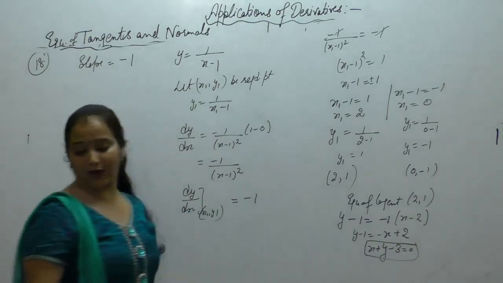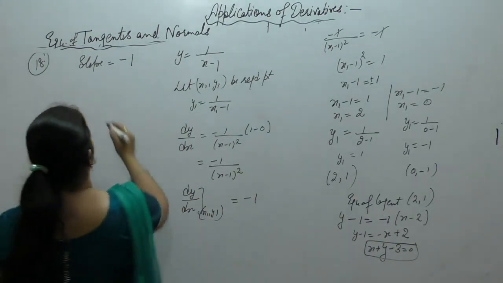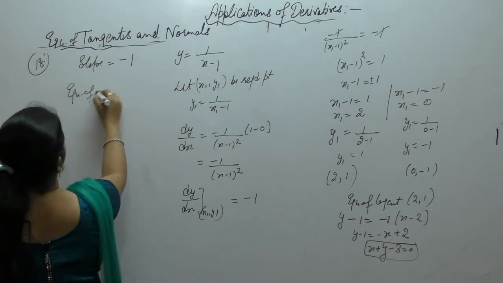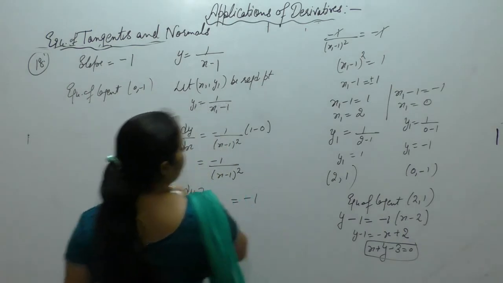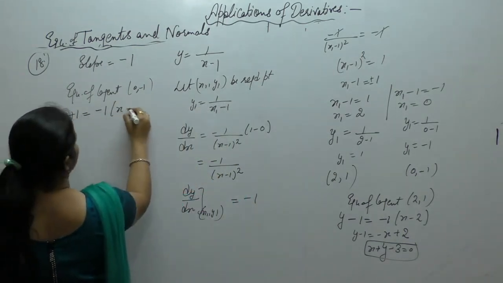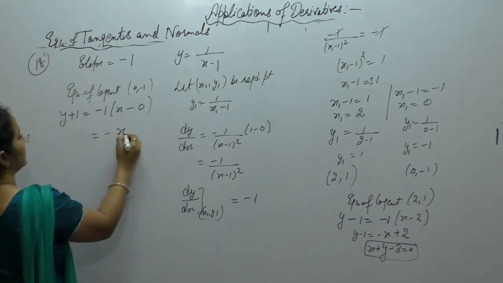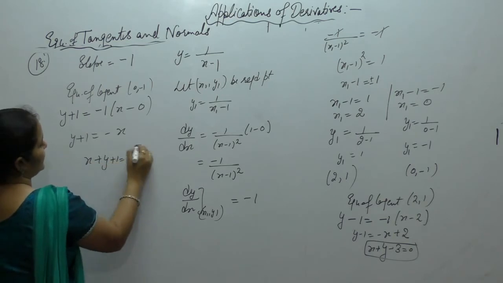So x plus y minus 3 equal to 0. Now equation of tangent when it passes through 0, minus 1. Y minus y naught, slope is minus 1, x minus x naught. So what we get? X plus y plus 1 is equal to